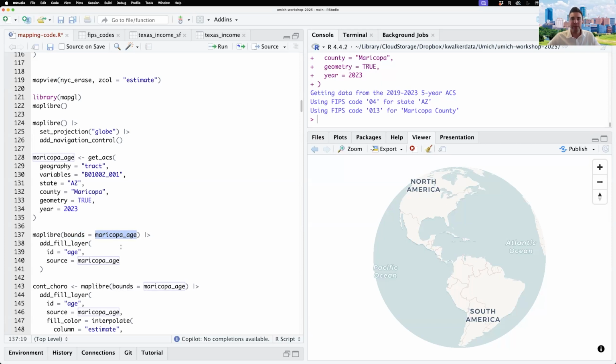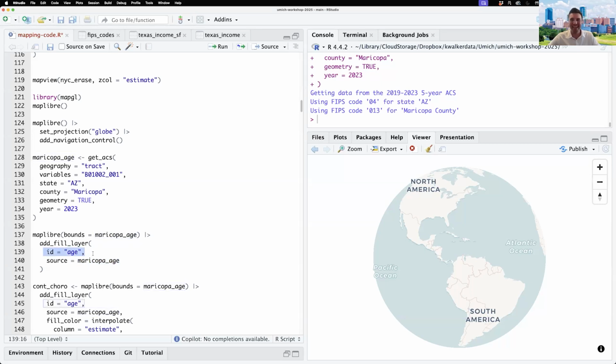And this is one of the little tricks that I've included in there. Instead of having to specify the bounds as the actual bounding box of coordinates, mapgl will figure that out from our data object. We can also supply a data object directly as the source inside add_fill_layer, and then